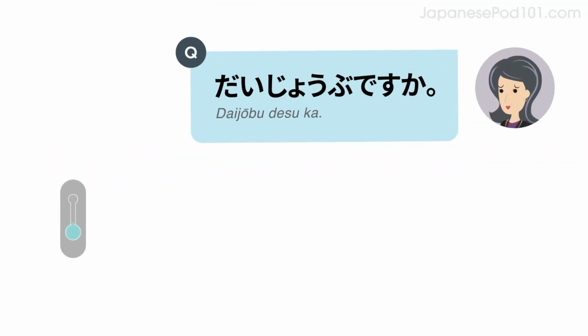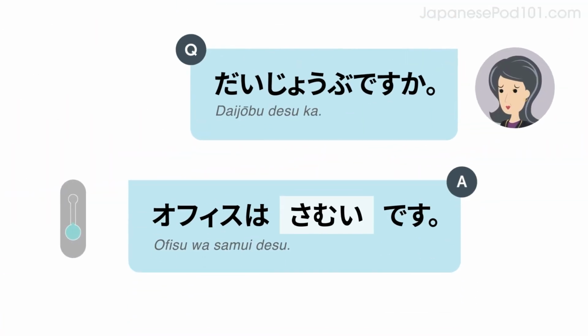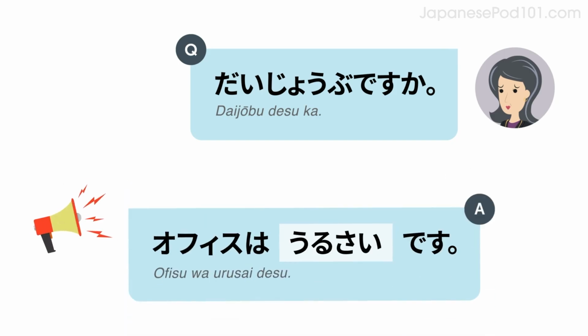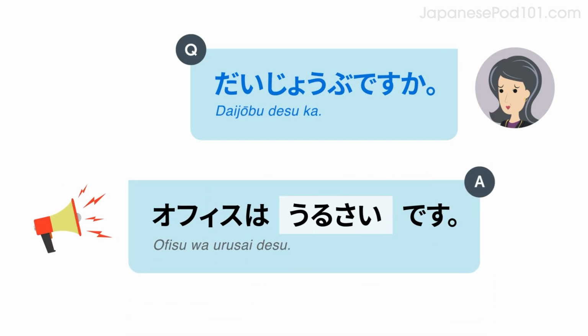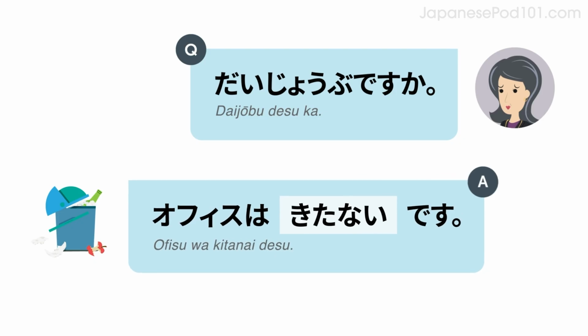Let's look at some examples. Listen and repeat or speak along with the native speakers. 大丈夫ですか？オフィスは寒いです。大丈夫ですか？オフィスはうるさいです。大丈夫ですか？オフィスは汚いです。